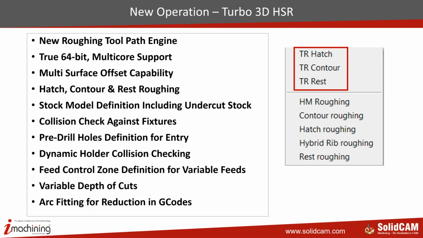You can also control the feed in the feed control zone, where you have an option to define variable feed rate. You can also define variable depth of cut, and arc fitting for reduction in G-code. So these are some of the highlights of Turbo 3D HSR and HSM. In Turbo 3D HSR, as I mentioned, you have different strategies: turbo hatch roughing, turbo contour roughing, and turbo rest roughing. Then for finishing, you have